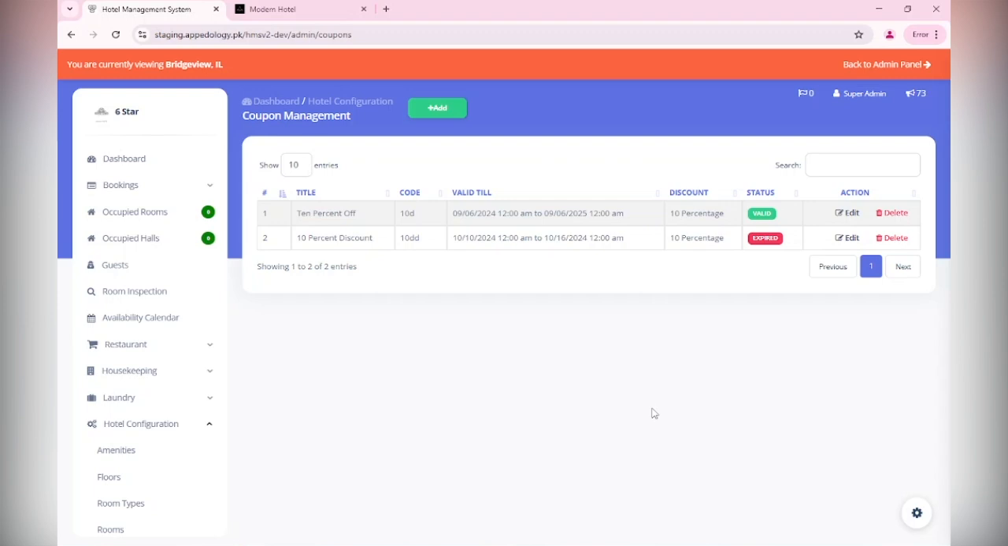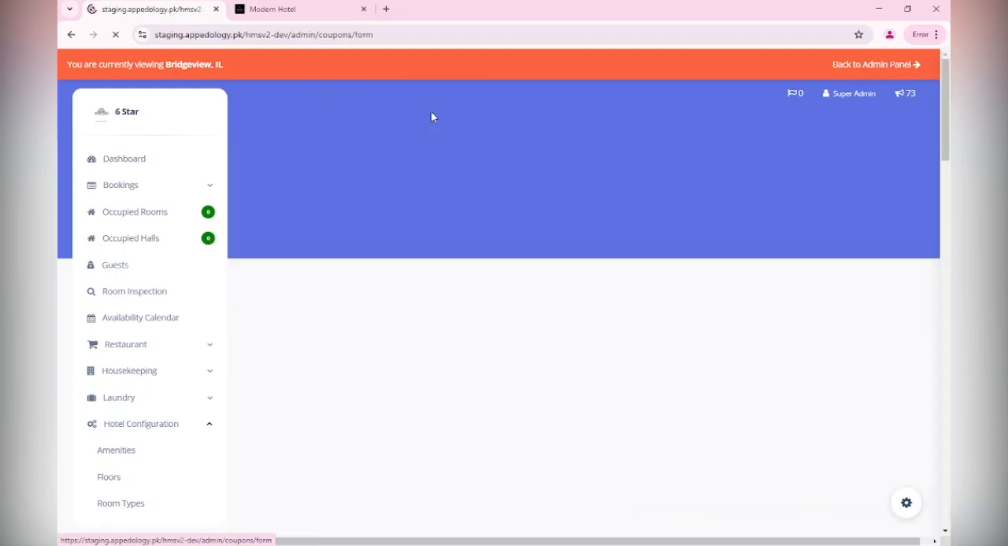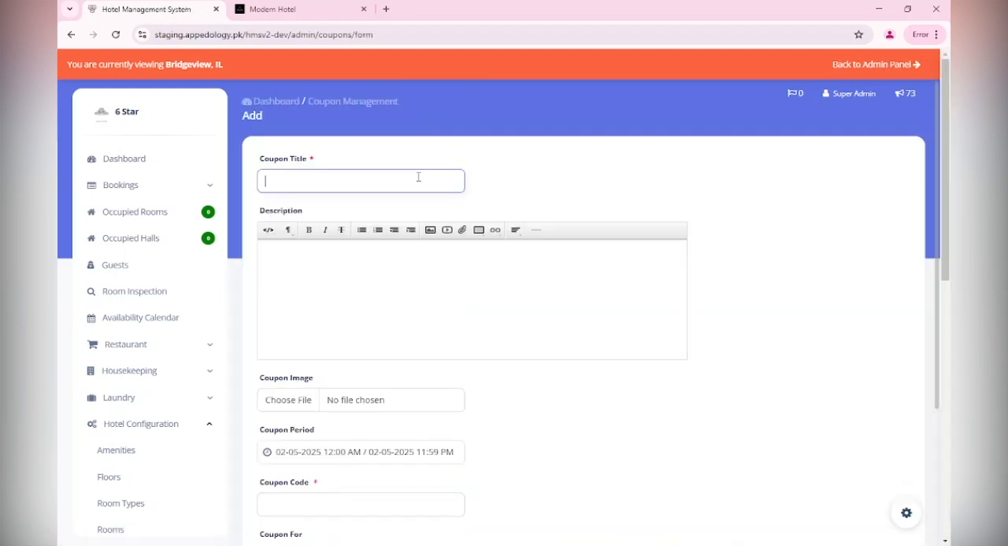Okay, so our system allows you to create and manage discount coupons, offering flexibility for marketing promotions. Key features include coupon creation. First of all, you can set up any coupon you want, like 10% discount, 15% discount. Let's add a coupon so you can see what this is all about. So let's say we are going to offer a 15% off